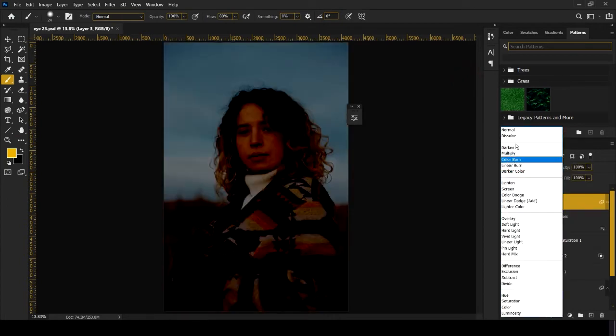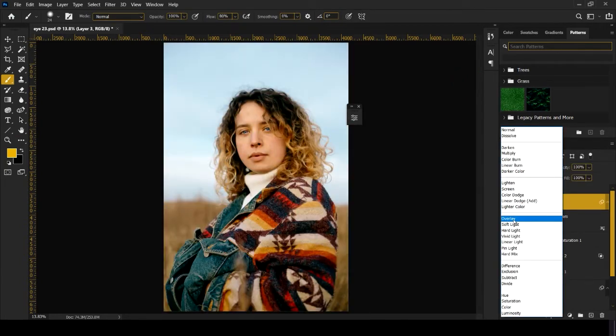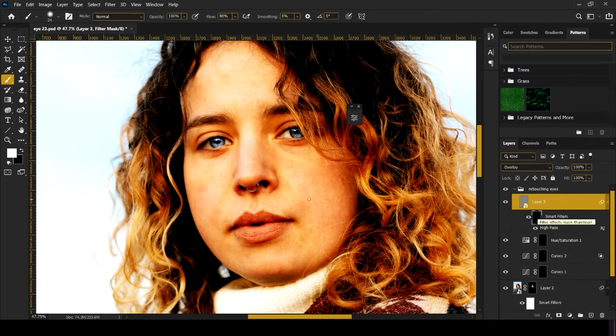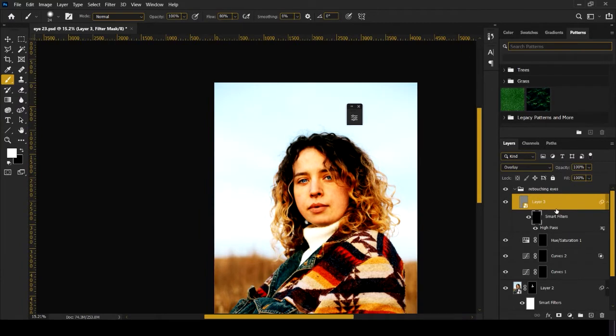And change its blend mode to overlay. Now create an inverted layer mask for the layer. Do not use the smart filter layer mask. If you use it, see what it does. Let's pause for a second and understand why this happens.